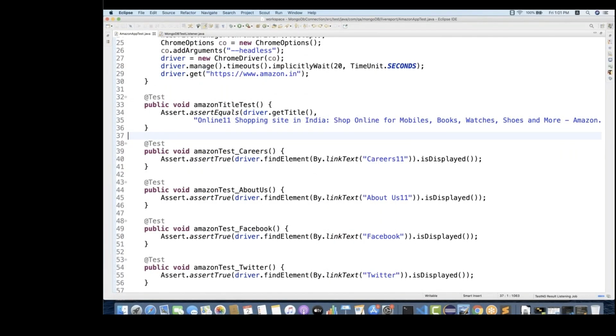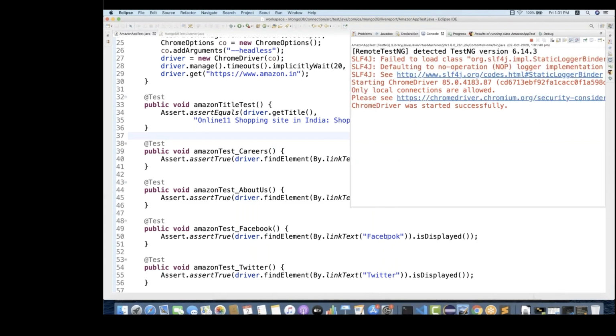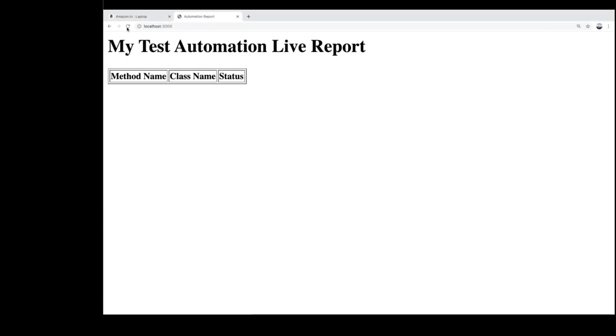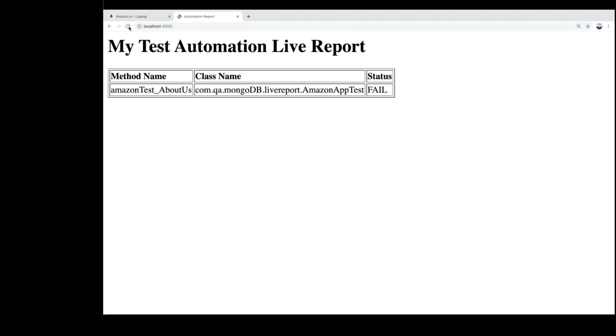Let's run it. Let it run. I don't want to check this particular console. We will just keep refreshing the page over here. So let's refresh it once again and let's see what happens. I hope the data should come over here, because a couple of my test cases will initially fail, and once the first failure is there, it should be displayed over here. So let's keep refreshing it. Can you see that? I got my first failure over here, and test cases are still running.